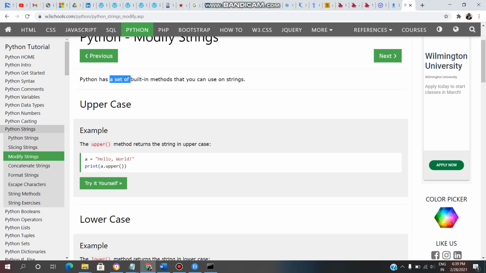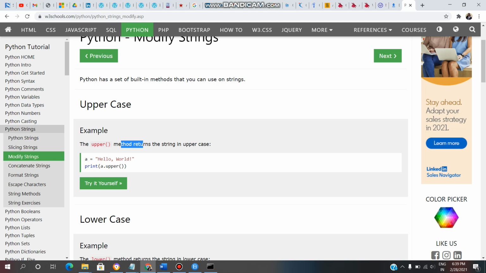Python has a set of built-in methods that we can use on strings. We will see what are built-in methods given by Python to modify strings. So let's get started. First built-in method is upper. This is the method upper.